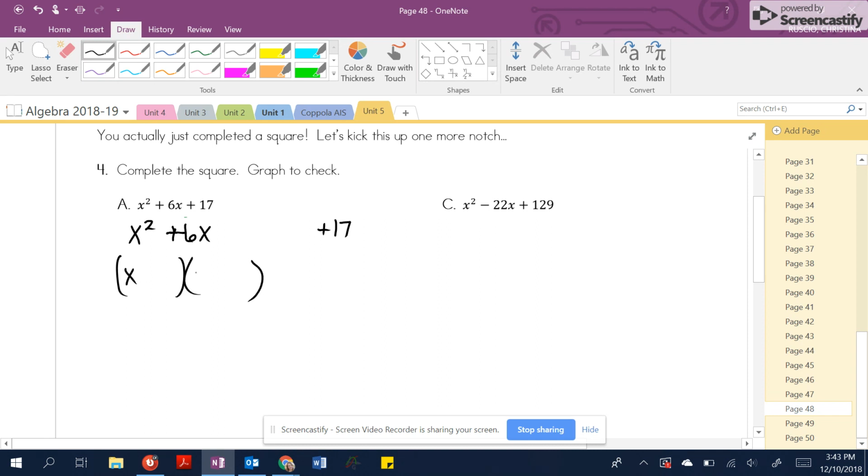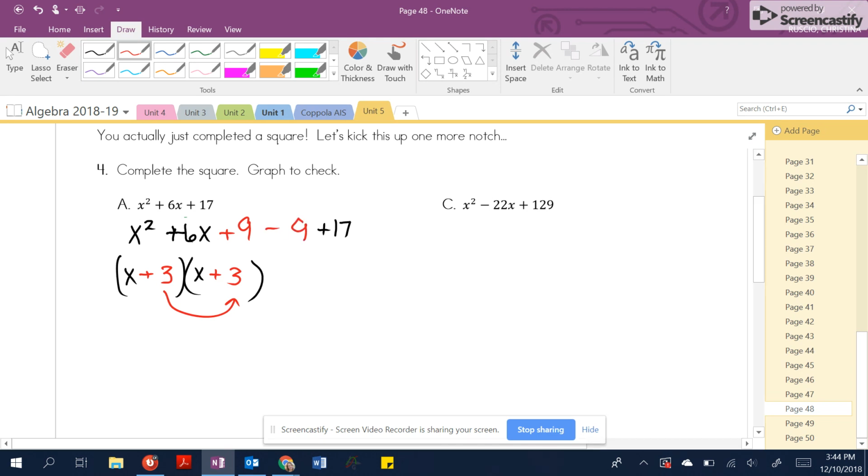So x times x gives me x squared. What number plus itself is 6x? Oh, 3? Or what number plus itself is 6? 3 plus 3? So 3 times 3 is plus 9. Hold the phone. I just added 9 to this whole thing. I can't do that without changing its value. So let's get creative. If I add 9 to it,